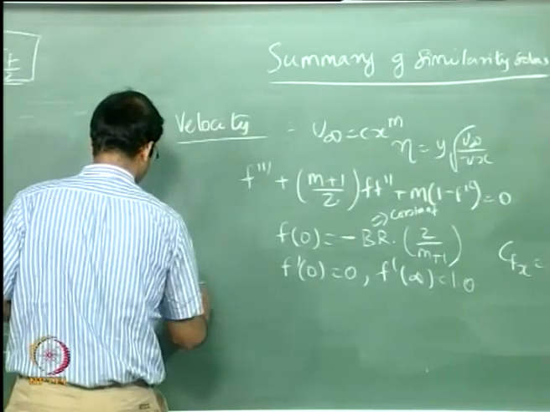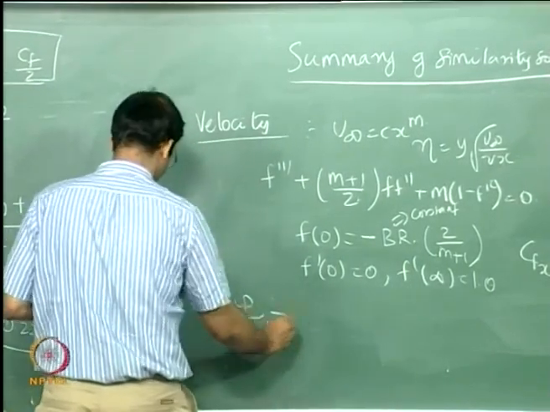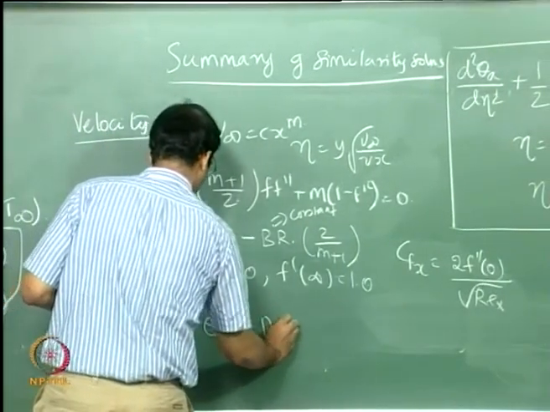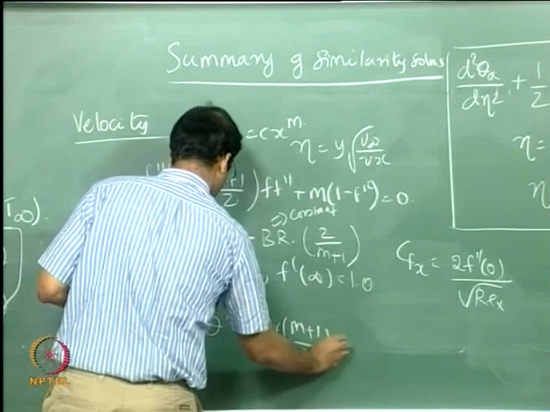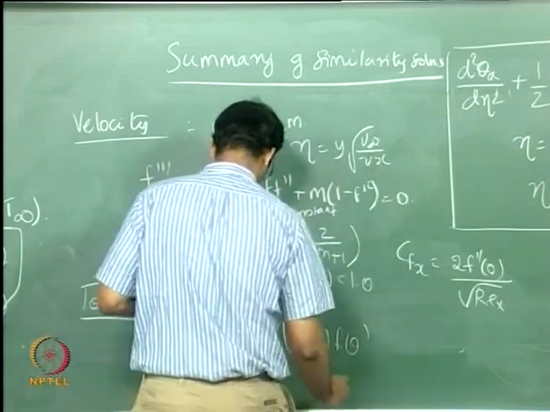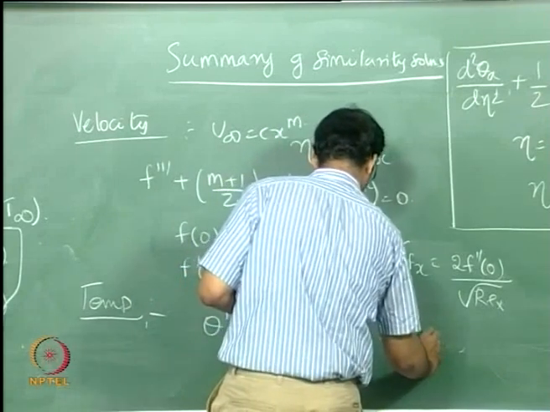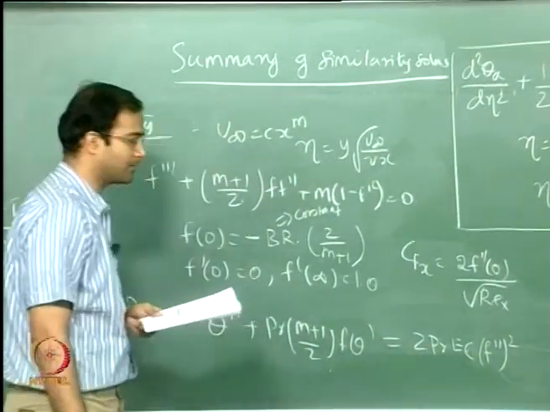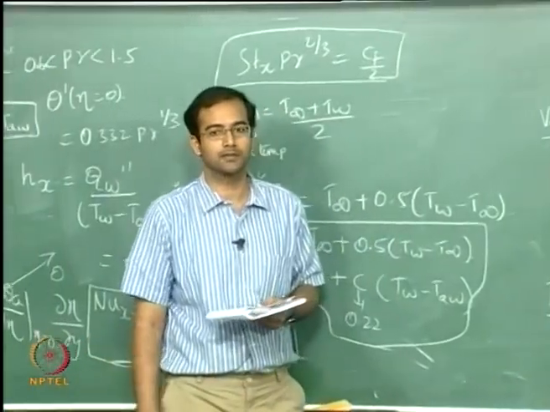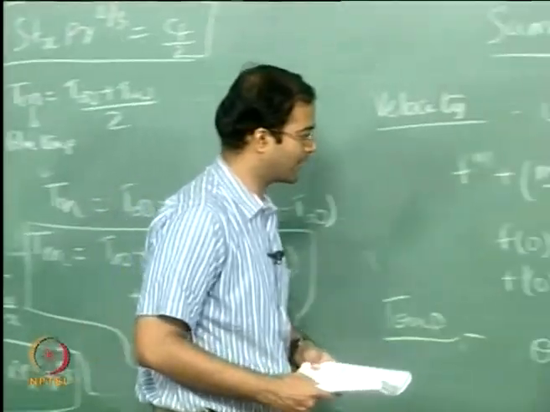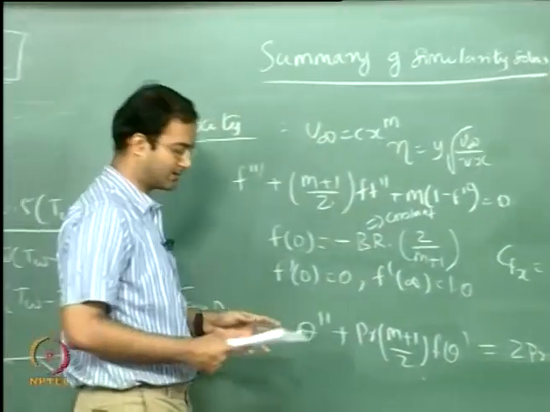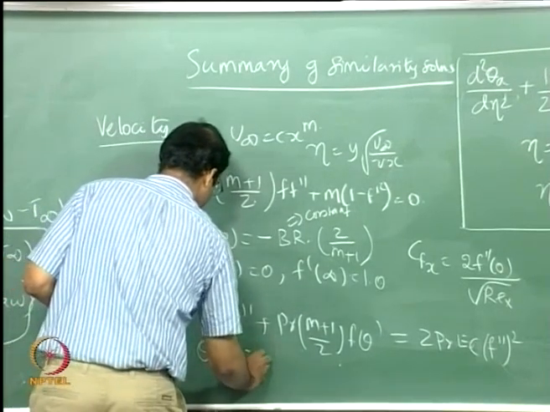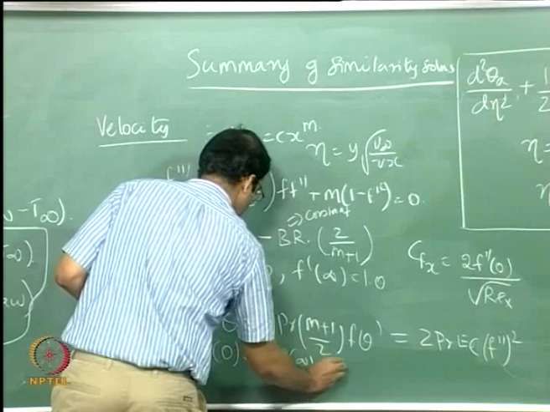In the same way for temperature, the most general similarity solution is theta, this is your most general form, including high speed flows. If your Eckert number is small, you can neglect the right hand side terms and it reduces to Pohlhausen's equation. The boundary conditions: theta 0 equal to 1, theta at infinity equal to,